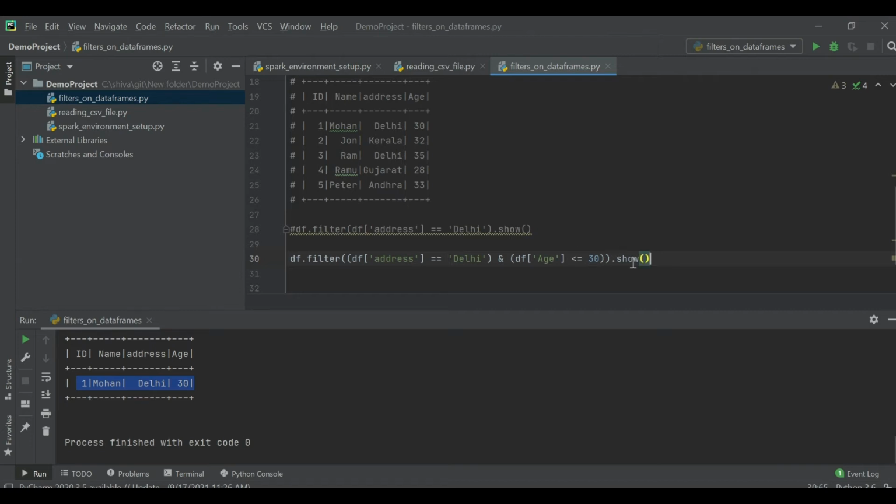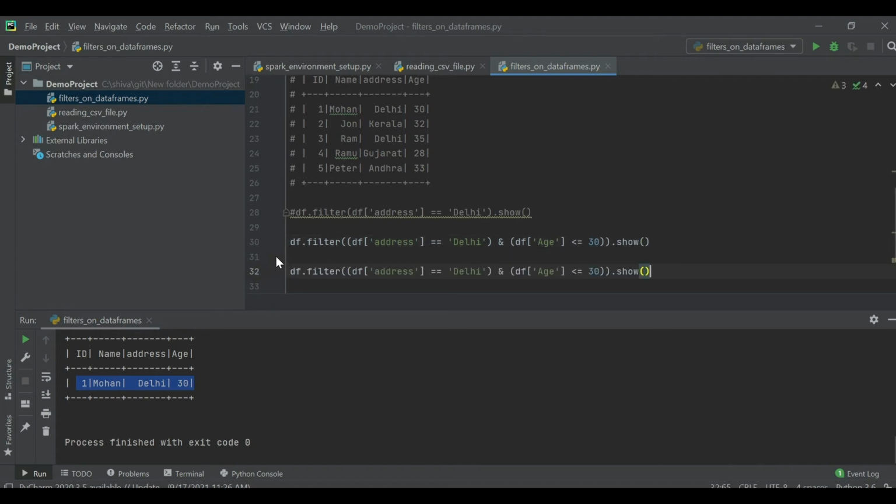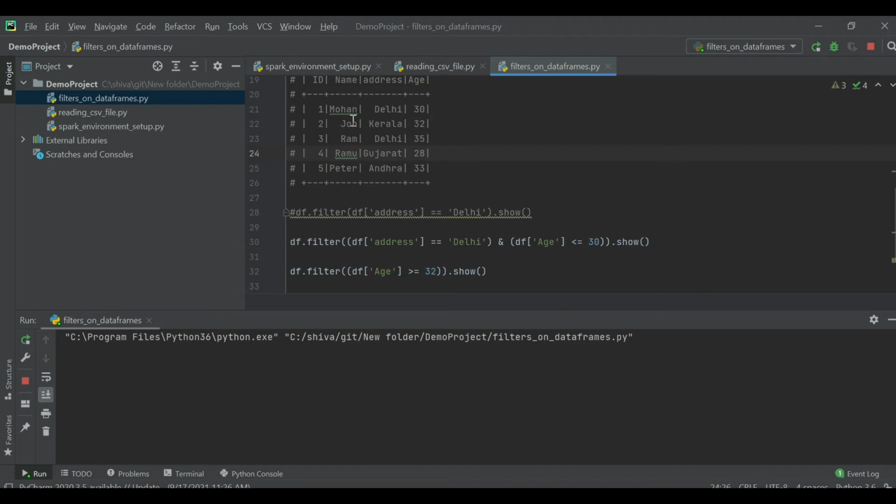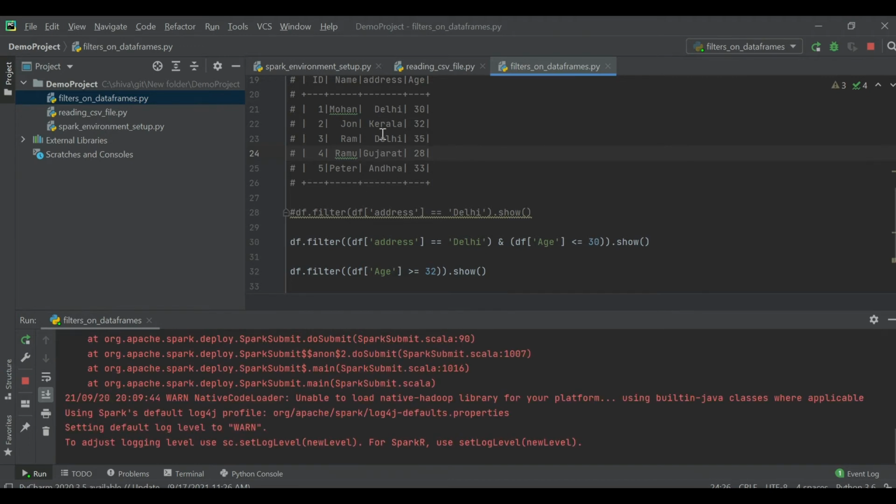Similarly we can take another example, where I want to filter the workers whose age is, for example, greater than or equal to 32, from among the whole workers.